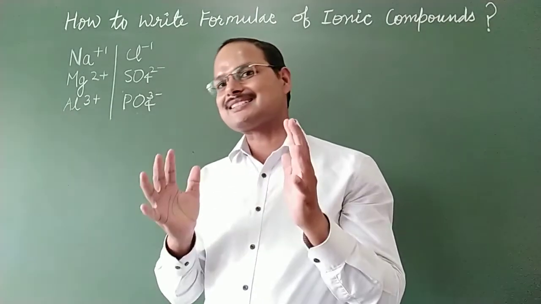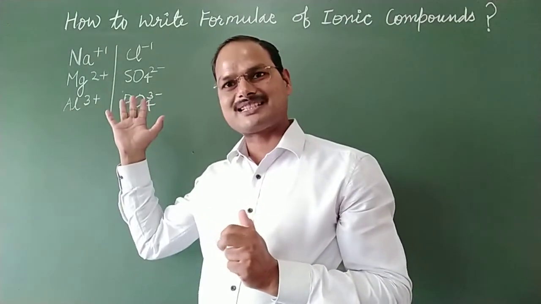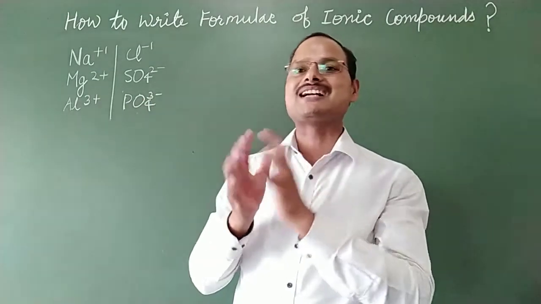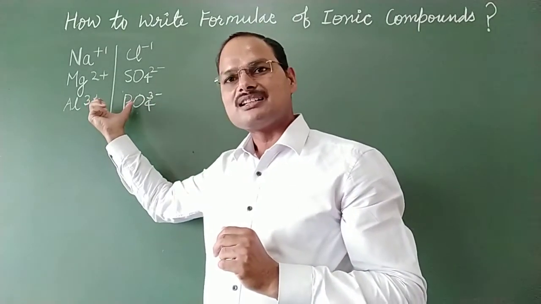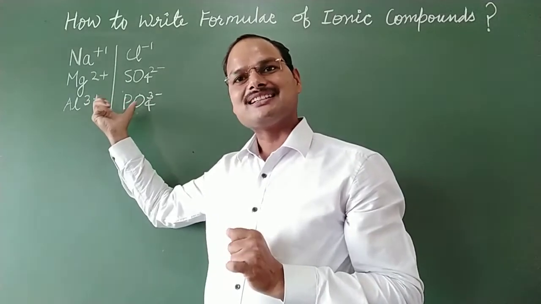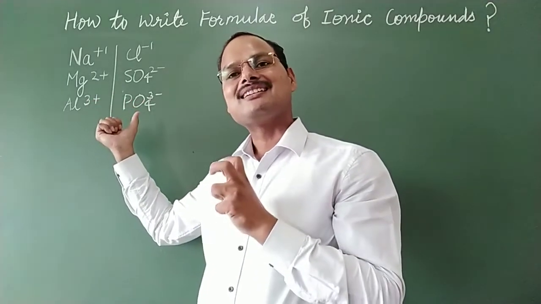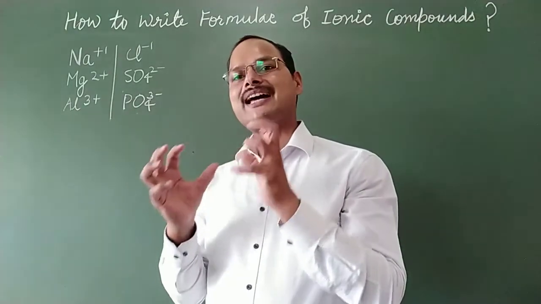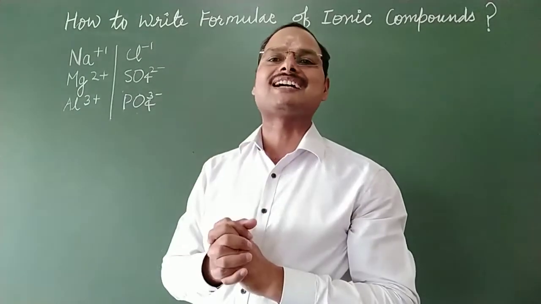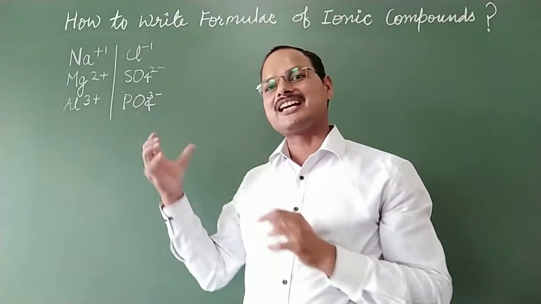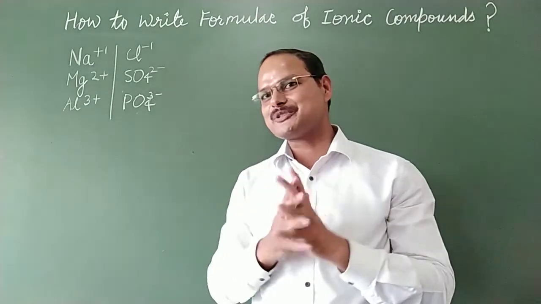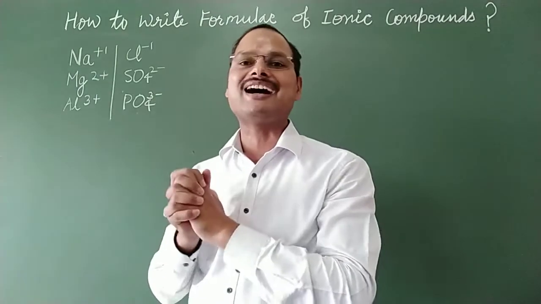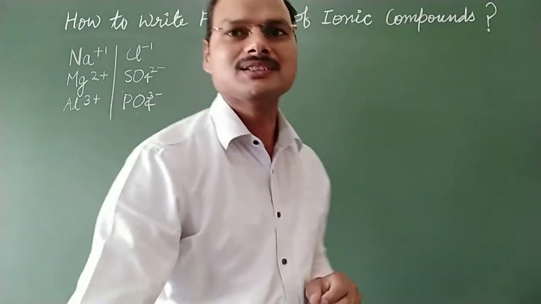Let us discuss this concept with the help of some examples, but I will suggest you that you must learn some examples of these type of ions, their formulas, their valencies and their names. With the help of their names and formulae, we can simply write the formula by joining opposite charge ions. If you watch this video completely, you will be able to write such type of formulae with the help of radicals or ions. Let us start our video.